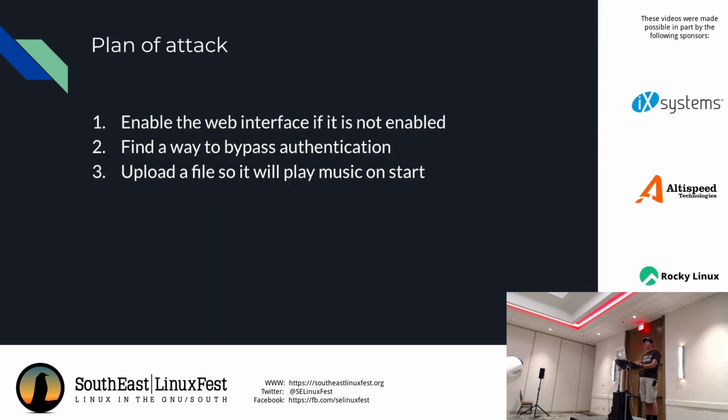So here's the plan of attack. First of all, we want to enable web interface. Usually it's not actually enabled by default on the printer. And again, we want to focus on remote hacking, remote access of that printer, right? Because if you have physical access to the printer, it's game over. It's not interesting, right? So you cannot expect that even the web interface is enabled. But what is interesting about the Canon